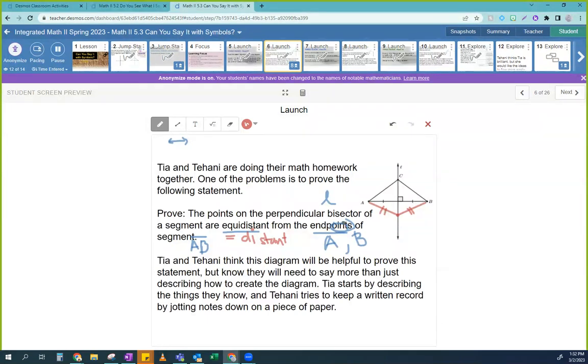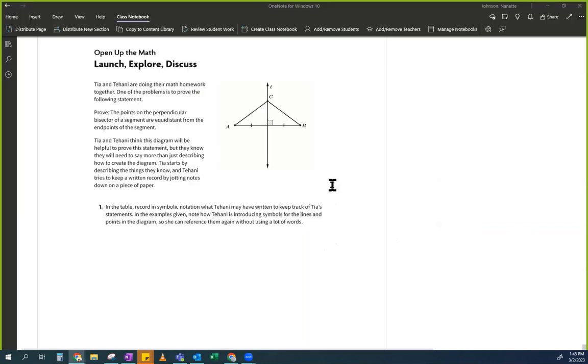So you're going to go talk to your partner right now, okay? You're going to talk about what they think this is about, and two, how we're going to prove that. So I'm going to pause. Okay, so now we're back. And I wanted to hear from you all. I saw some of you already came back and you're like, I know how to prove it. Okay. So together we're going to prove